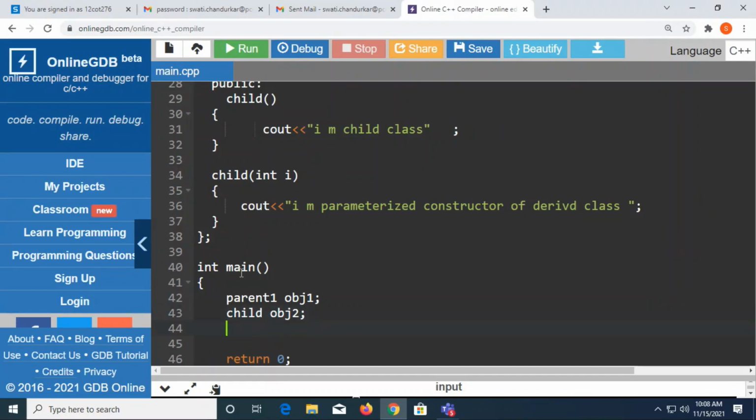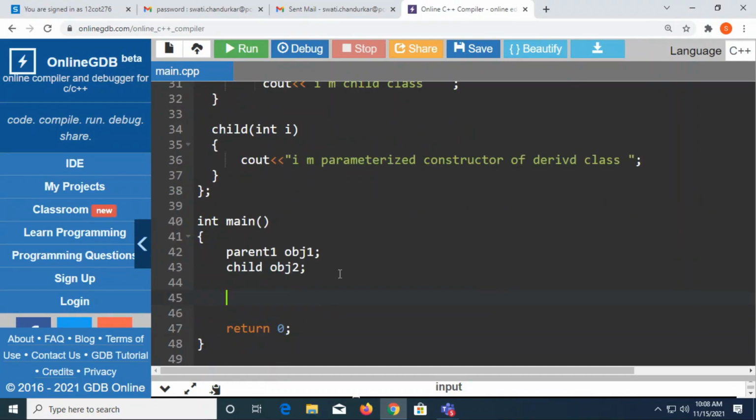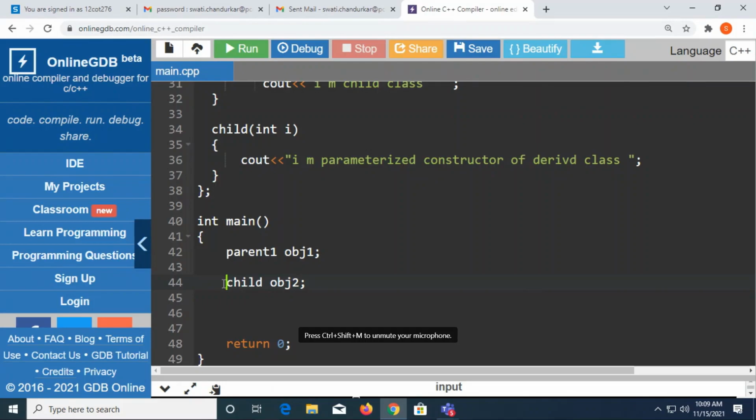Fine. Now, this you all can understand. When I'm writing parent1, the control will pass on to my parent class and the parent class constructor will get called. When I'm writing for this child, what will happen? The control will first pass on to my parent class and then the control will pass on to my child class.